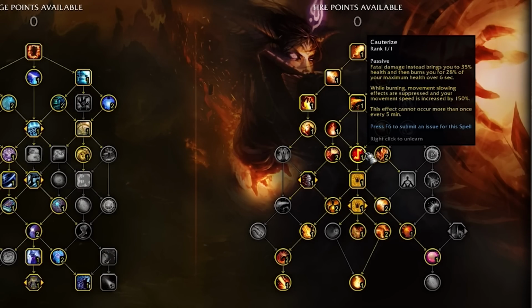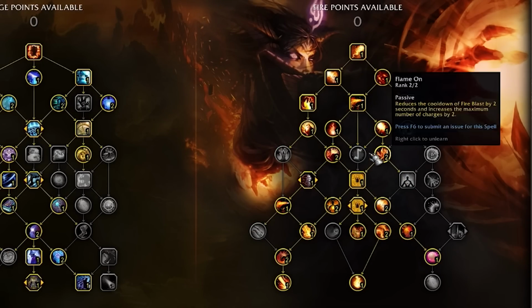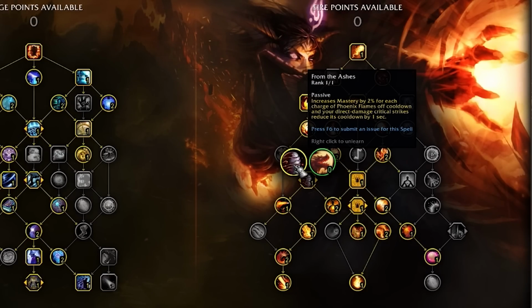And that is simply if you want to get rid of your cheat death for slightly more damage, you drop Cauterize just like so, and you pick up Call of the Sun King instead. And the reason why Call of the Sun King is actually a damage increase is because of From the Ashes. So From the Ashes just gives us a passive amount of mastery for every Phoenix Flame we have off cooldown,